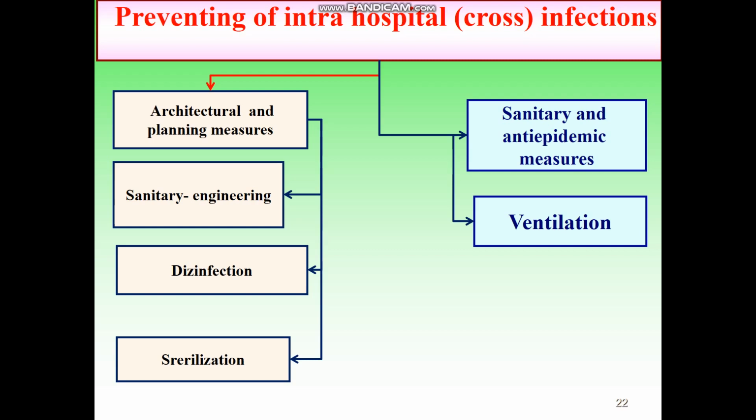isolation of sections, that is the operating block, keeping the rule that the streams of patients and personnel shouldn't cross. Sanitary hygienic measures include a rational ventilation system, air supply, sanitary devices, air conditioning. Sanitary and anti-epidemic measures include control over the sanitary condition in the hospital, sanitary and educational work among the medical staff and the patients,